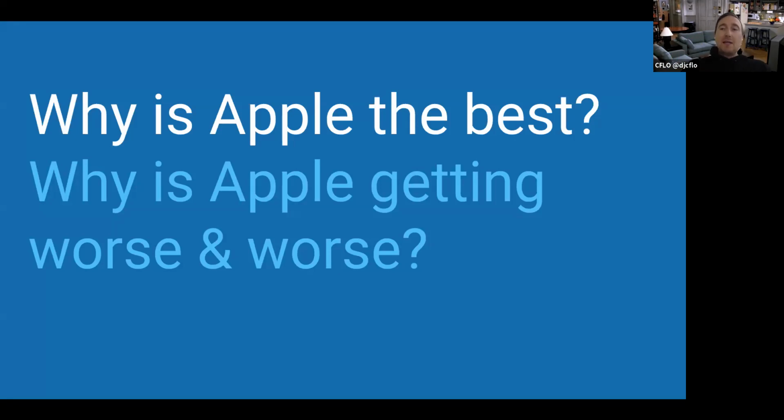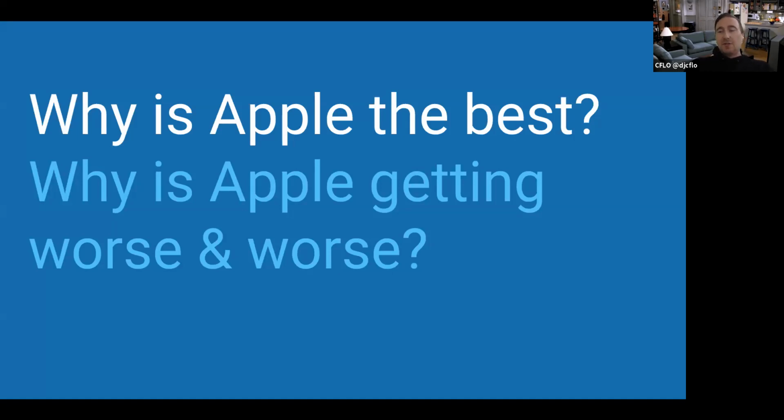So it became the platform of choice for professionals for obvious reasons. I mean, if you need to make money on your computer, it's better that your computer doesn't get a virus or shut down in the middle. So for a long time, it was definitely built for professionals. Now, around 2007, when the iPhone dropped, Apple shifted its focus away from professionals. And ever since then, it has started to decline in quality when it comes to stability, which was what brought it to the forefront to begin with.